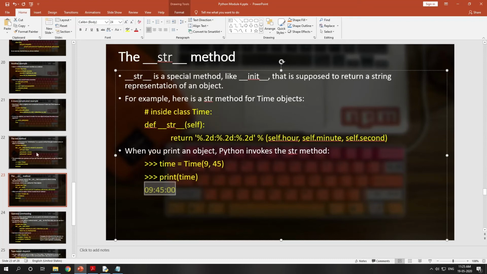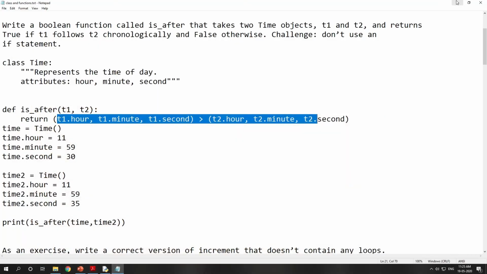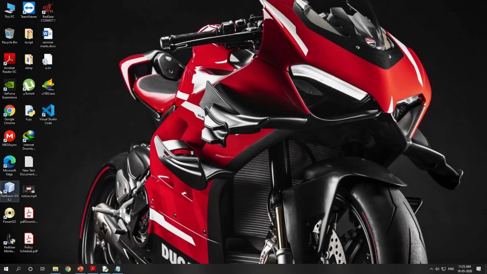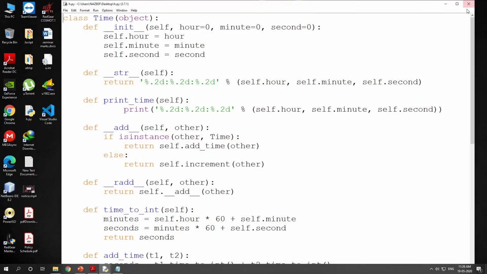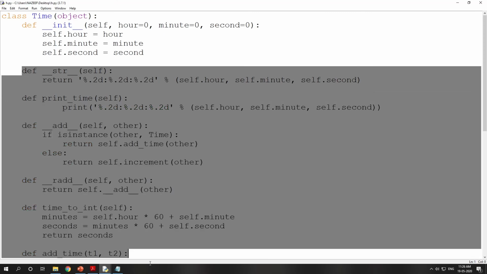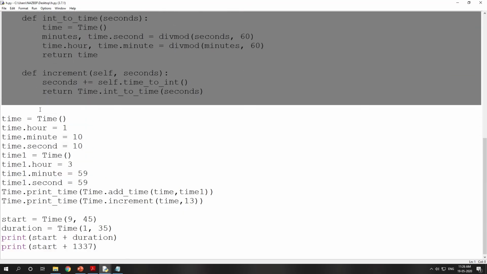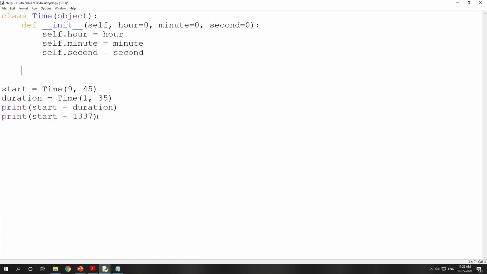Suppose I have this file. This is the final file, actually. What I will do is remove all those things. I will just remove this, and I have created this.